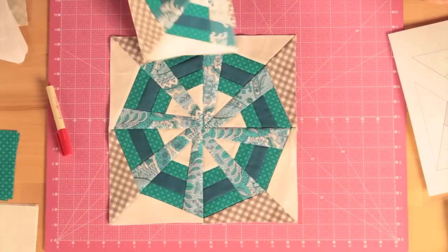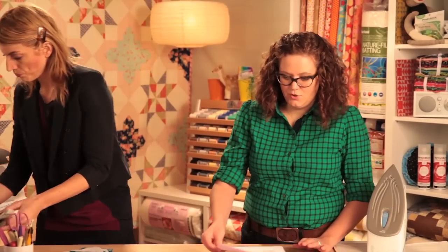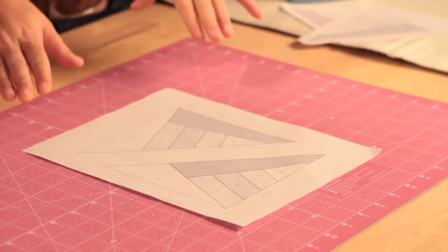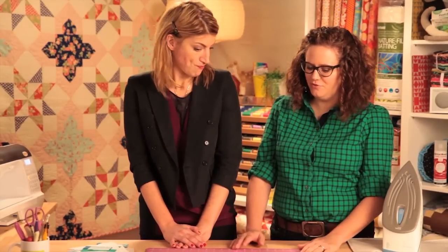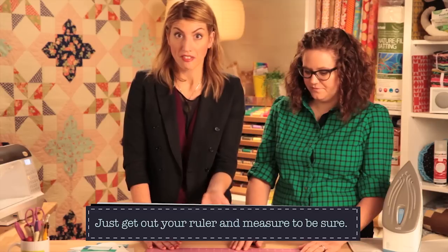Show me what happens first with paper piecing, Heather. Well, the first thing you do is print out your paper pieced patterns. This has both pieces, the A piece and the B piece for each quadrant. You print it out and make sure you have measured so that it is the right dimension, because sometimes your printer will fit to scale. You don't want it to do that. And then you also need to print a lot of these, however many